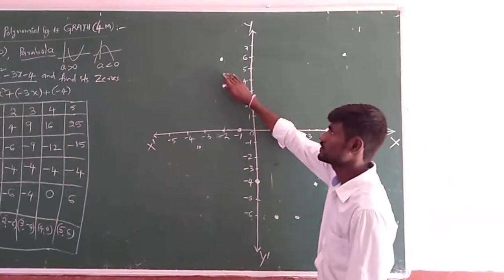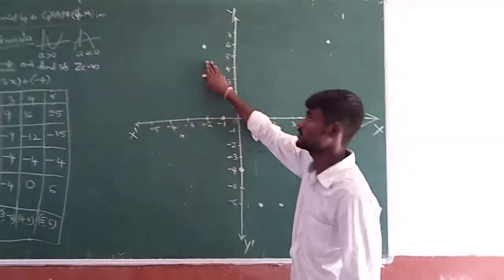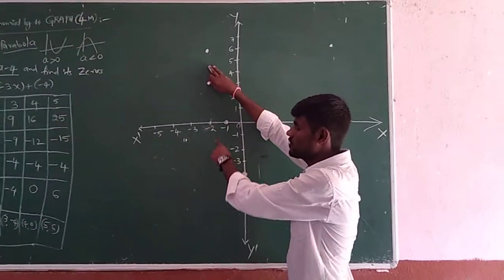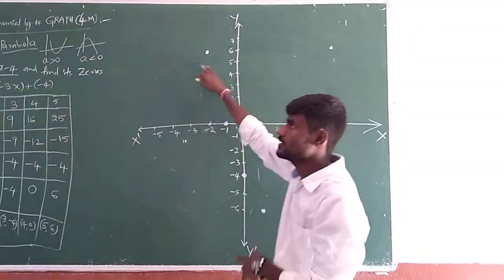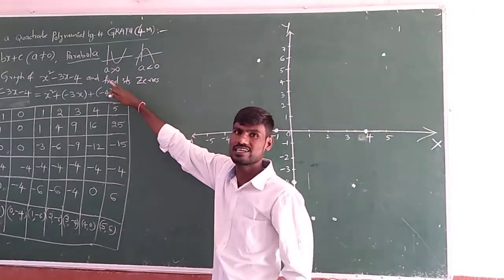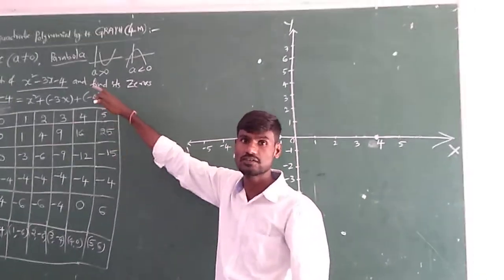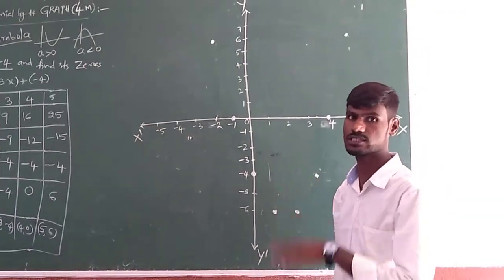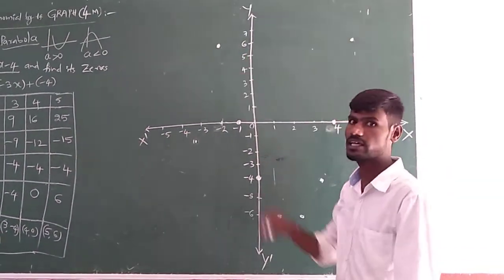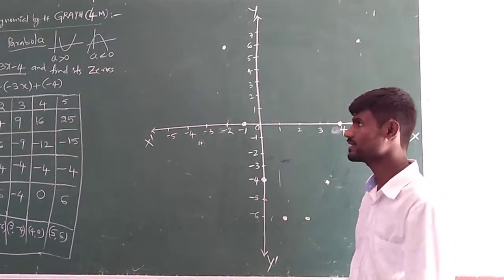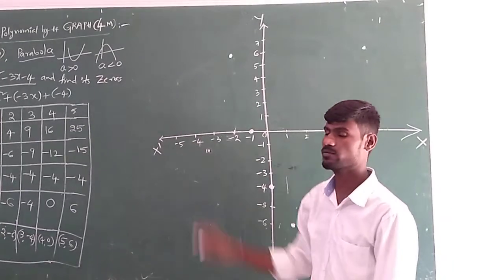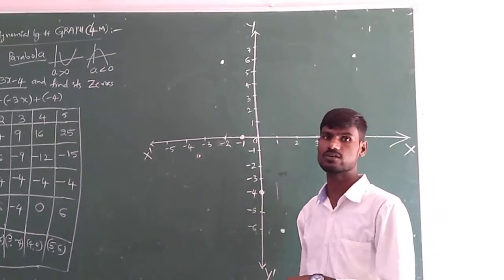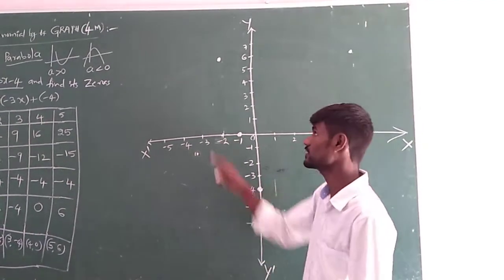Okay, students. So don't forget how to join the points. First, in this joining of the points, we already said that the parabola is curved in nature, meaning not straight lines. Curve means don't use a scale while joining them. Are you following? Don't use the scale. You have to draw with free hand, because a quadratic polynomial is always curved in nature. You have to get curves, curved shapes like that.